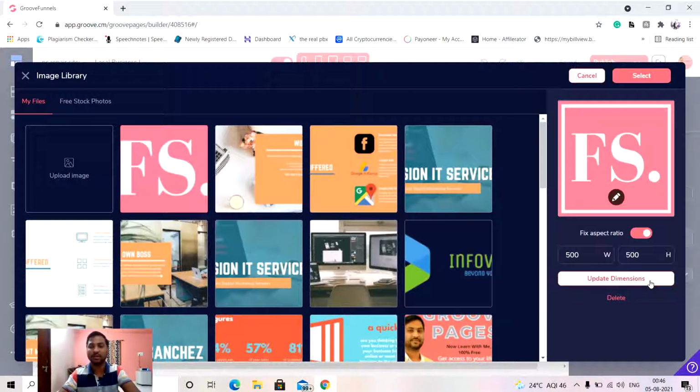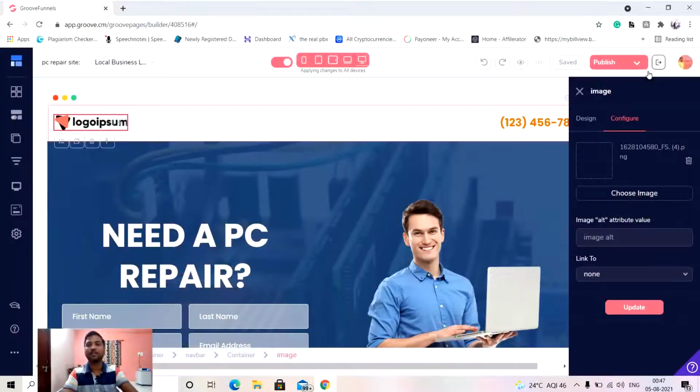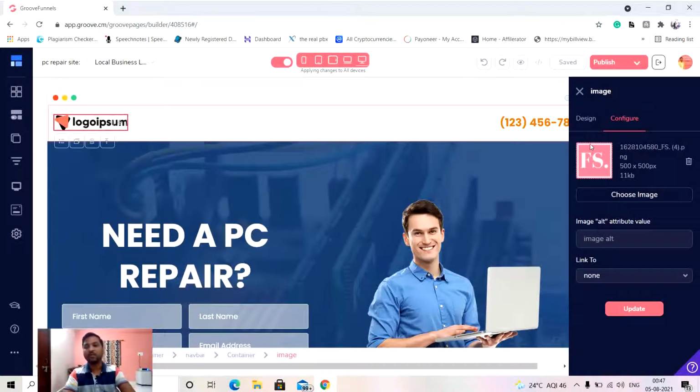It will stay like the previous one. So if you want to use the image as it is, you can just click on the select option and it will add it over there. Now once it is added, you can first of all always give it a name.